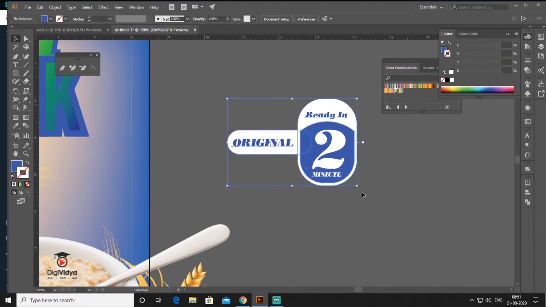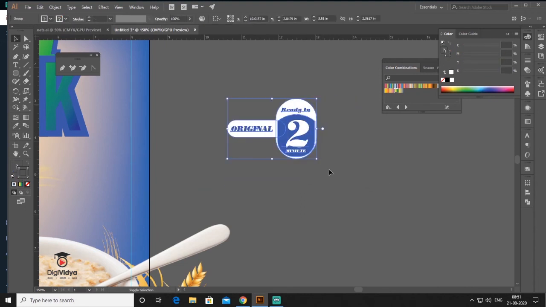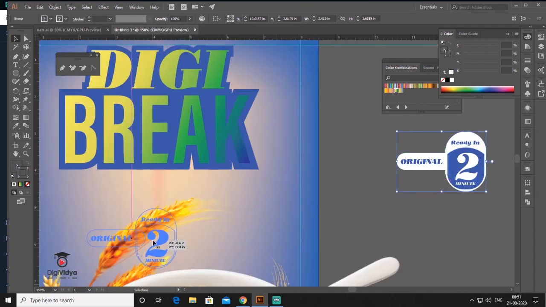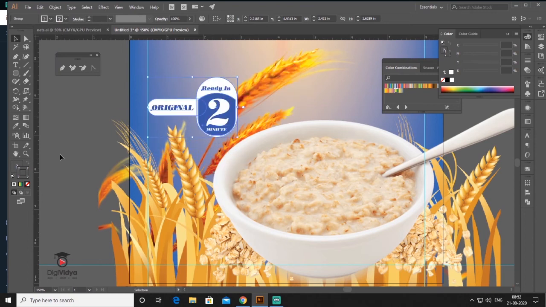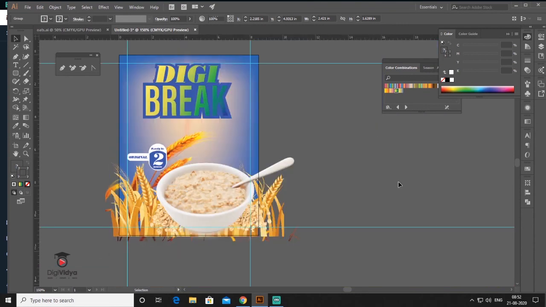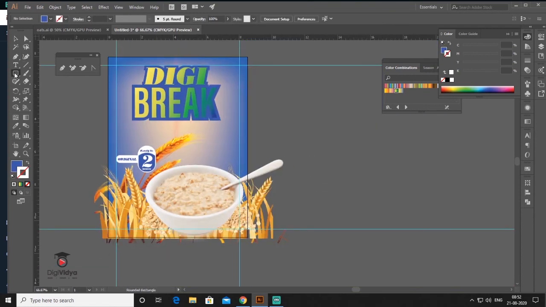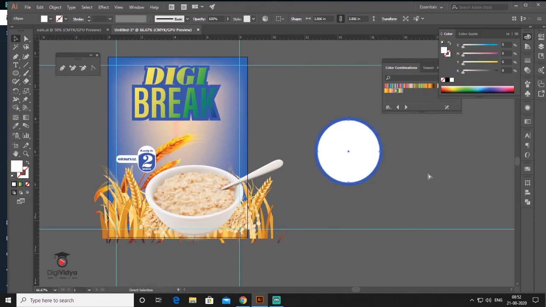Fine, I select all of this, press Ctrl G for group, and I place this one here, right? Then I want to make an ellipse, then Ctrl C and Ctrl F and make white color, then Ctrl C, Ctrl F,